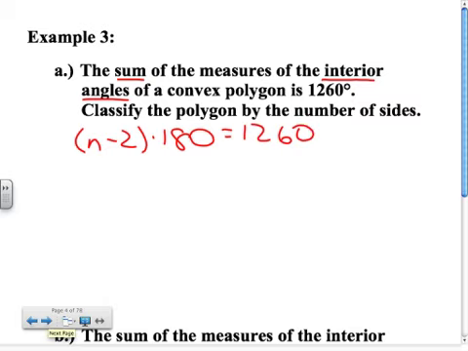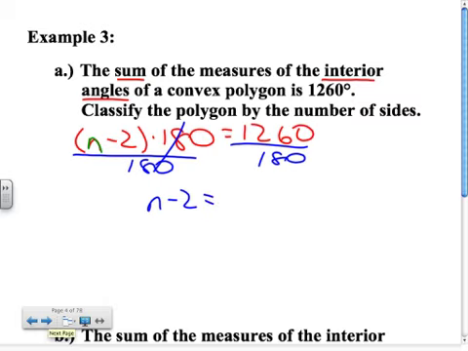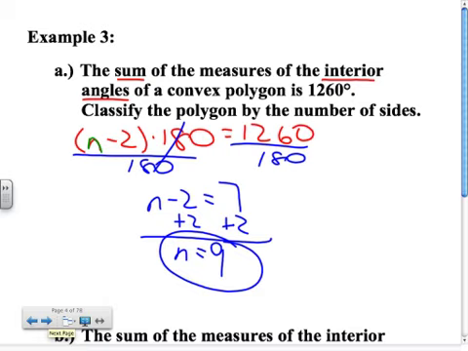Find the number of sides. In other words, find n. Okay, so I go through and I solve this. It's pretty simple. It's an algebraic equation now. Divide both sides by 180. So on this side I have n minus 2 equals 1260 divided by 180 is 7. Add your 2 to both sides, and so we know that this figure is a nine-sided shape, and it says